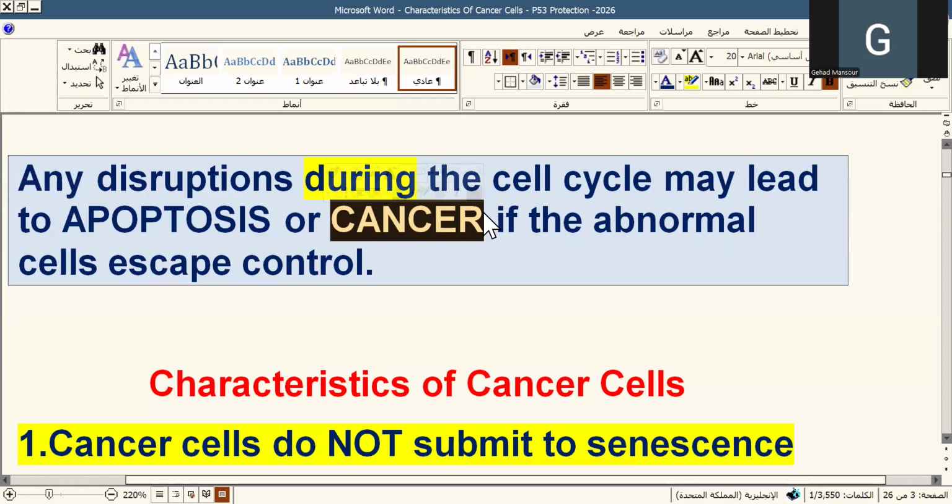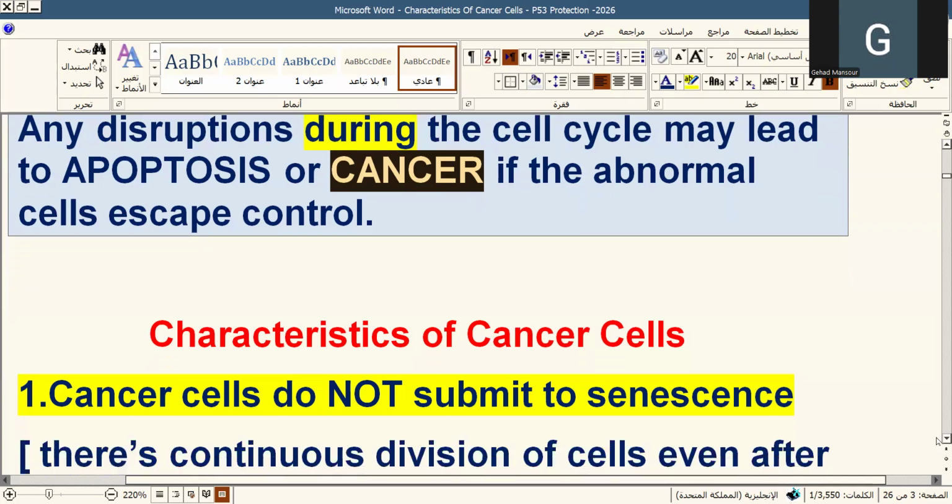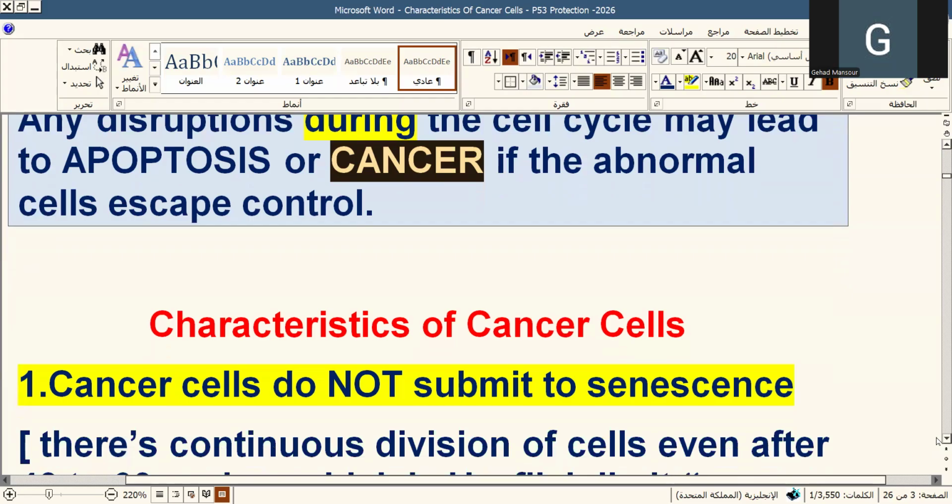However, this cell manages to escape, to bypass the checkpoints of the cell and continues the cell cycle, and therefore is allowed to give daughter cells that will also have mutated DNA, and we will have a mass of abnormal cells that will